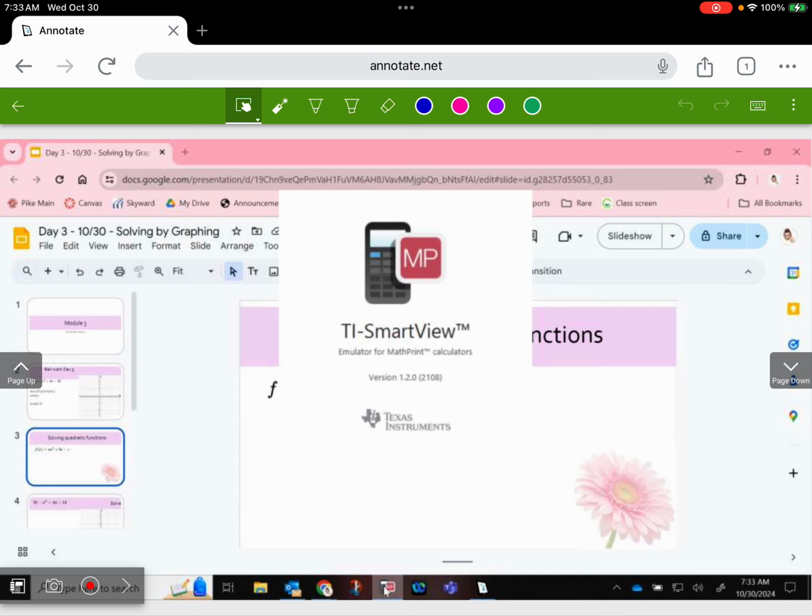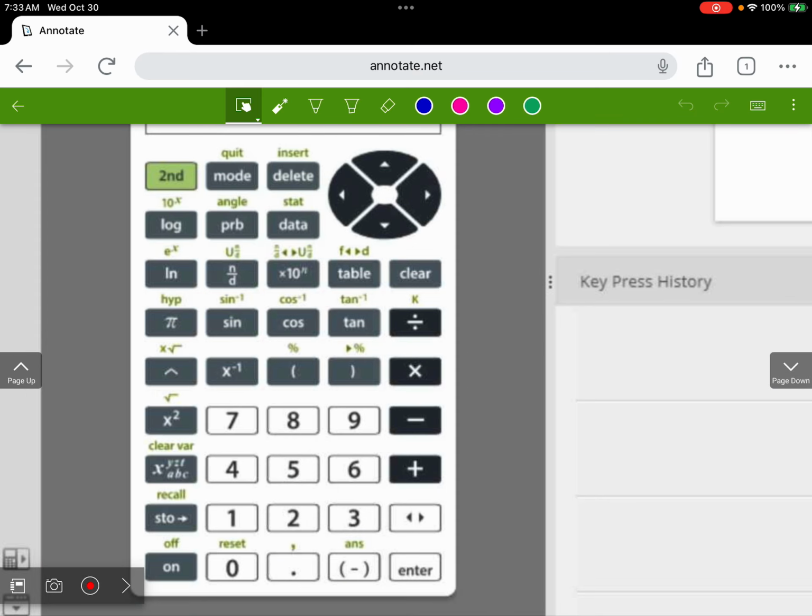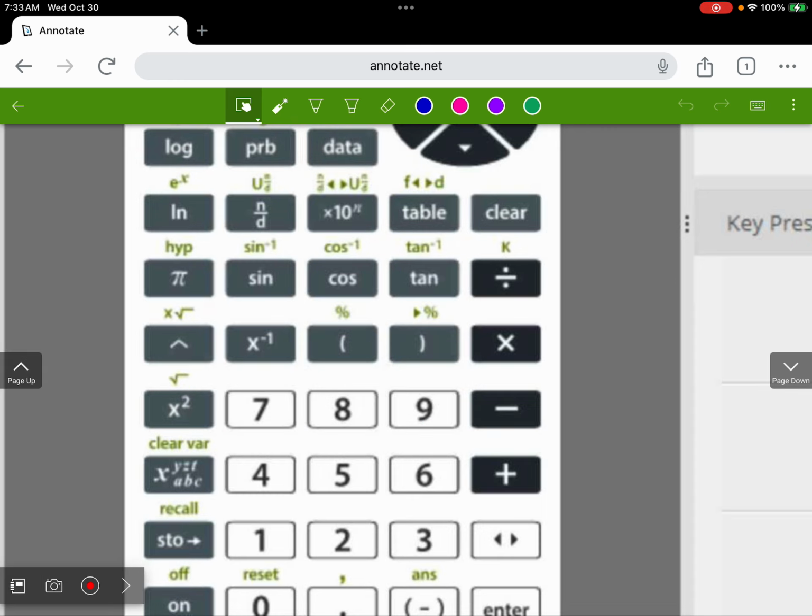Yeah, we're going to graph it. We're just working on, there was a question on how we got the values. Of course, there's an app. This is the yellow calculator with all the exact same buttons in the exact same places. It's just a little square up on the screen. So when we are